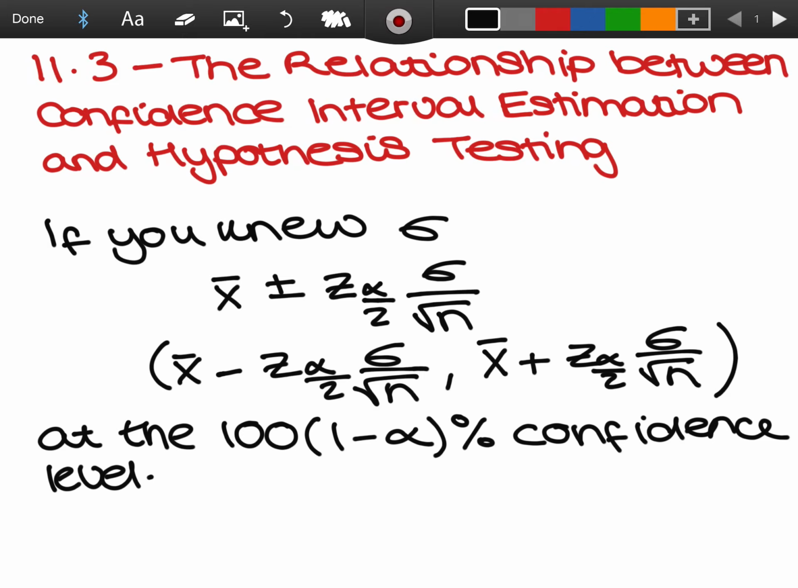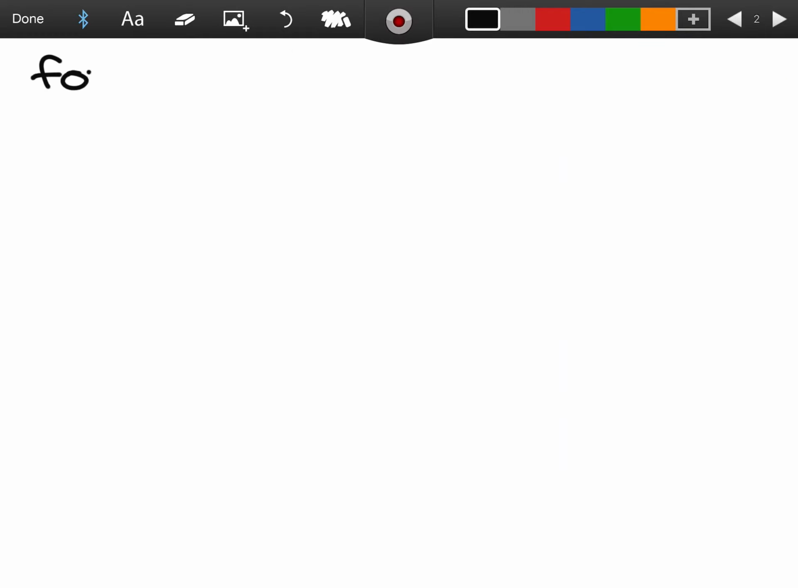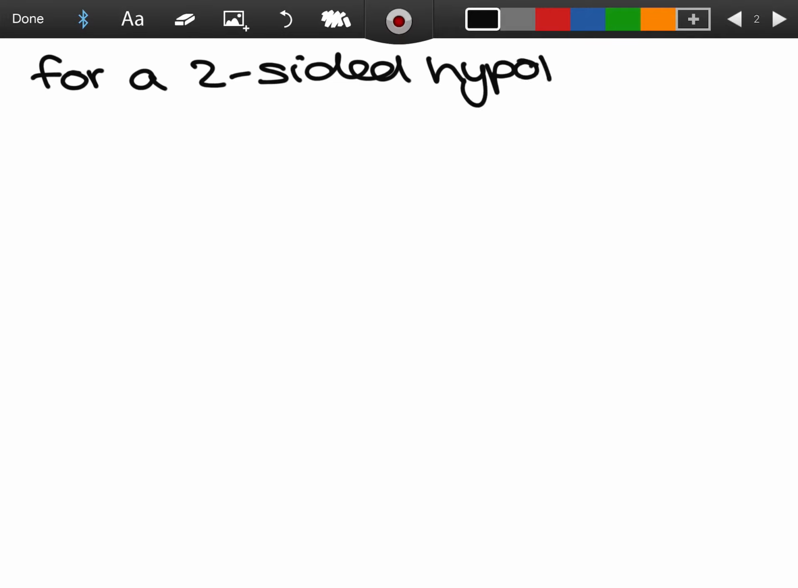What we're going to do in this chapter is relate this to what we have just learned about hypothesis testing. And it's actually, confidence intervals are another way to perform a hypothesis test. So let's say that, it has to be a two-sided hypothesis test. So for a two-sided hypothesis test,